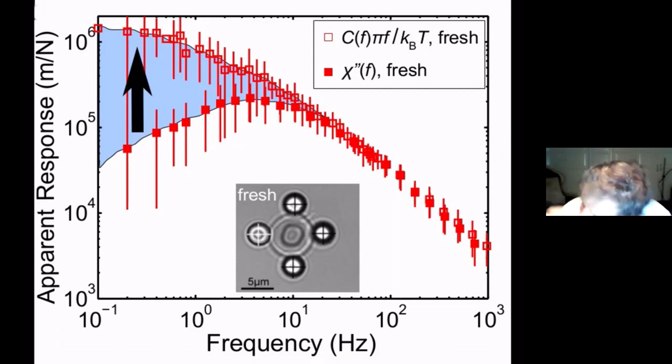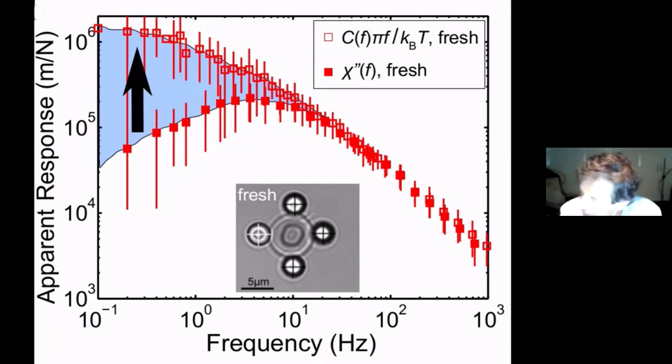There's another thing that goes with it: you can prepare your red blood cell, do the experiment, and then wait. So you wait 16 hours, 24 hours, 48 hours, and the red blood cell ages in the solution that he prepares them with. If the red blood cell ages, it dies, and when it dies, it's a perfectly equilibrium system, and you should satisfy the fluctuation dissipation theorem. And indeed, if you wait, you see that this point is decreasing and the two curves superimpose, and you get an equilibrium system. So yes, the red blood cells are alive, and they don't satisfy the fluctuation dissipation theorem.